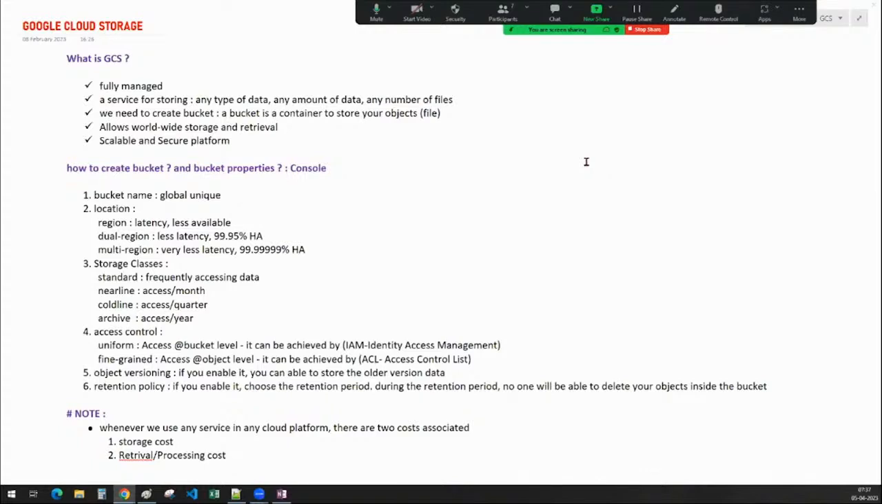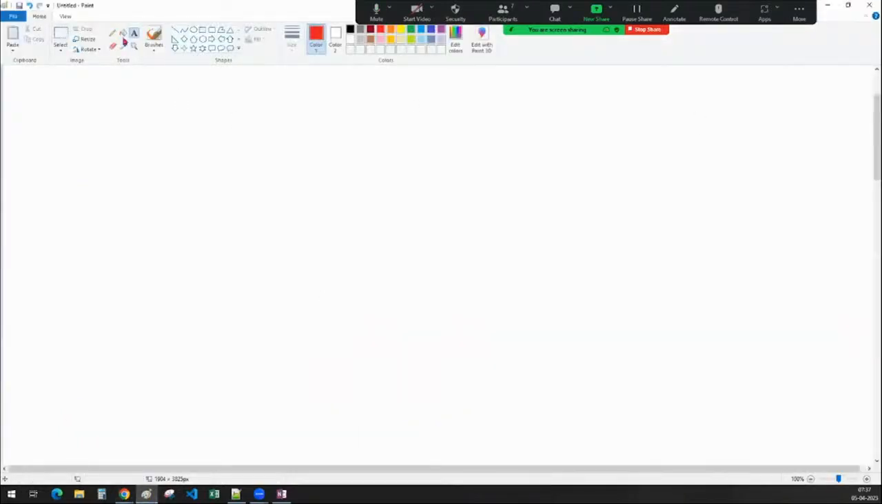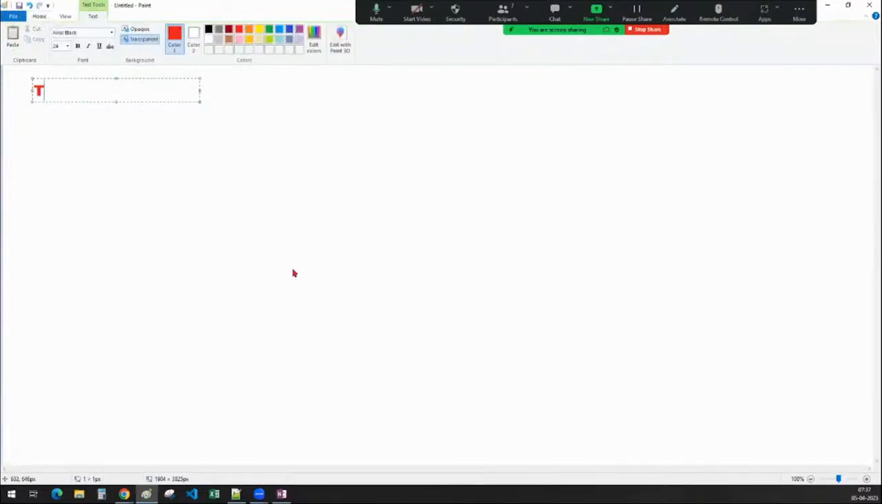Now the question is how to create a bucket. As I told you, if I want to work with any service in GCP, there are two ways: one is via the console, and the other is via the command line tool. To interact with GCP, how many ways can we interact? There are plenty of ways. The REST API